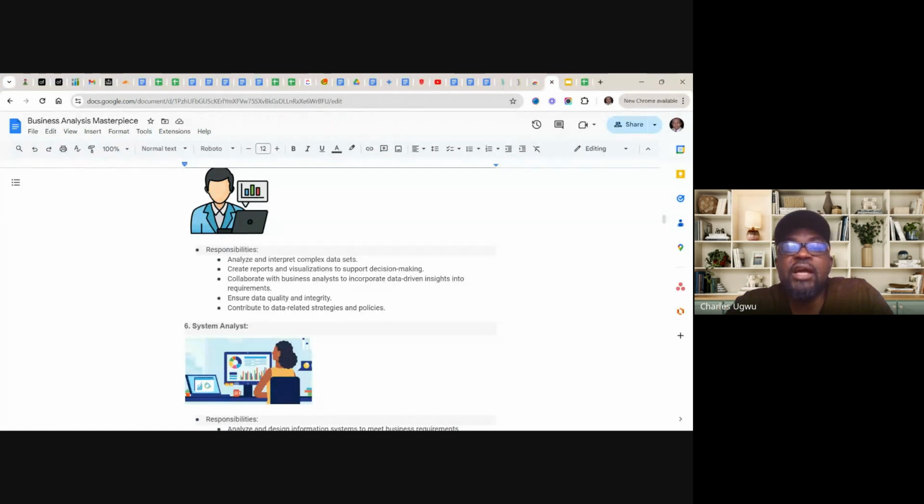Collaborate with business analysts to incorporate data-driven insight into requirements. Like I've already said, in so many companies, you as a business analyst go and meet data analysts to generate and analyze the kind of data you are looking for. If you are looking for sales data to understand the sales performance, you can talk to a data analyst to help you